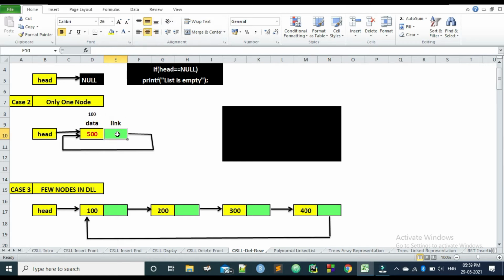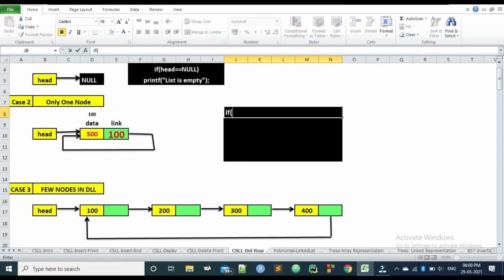So this will have the address of 100, and this head is pointing to this node, that means head is having the address of 100 as well. So we have to write if head's link equals head. If this condition is true, it is having one node.